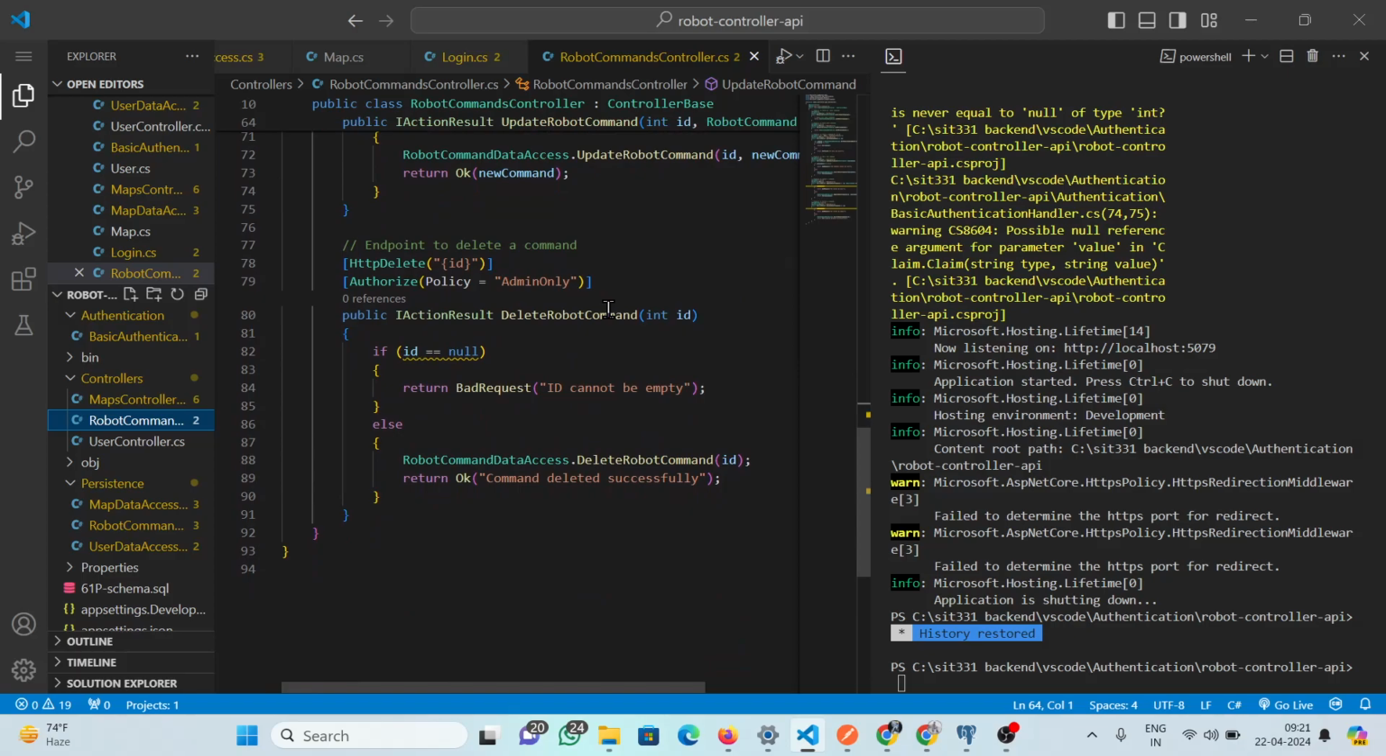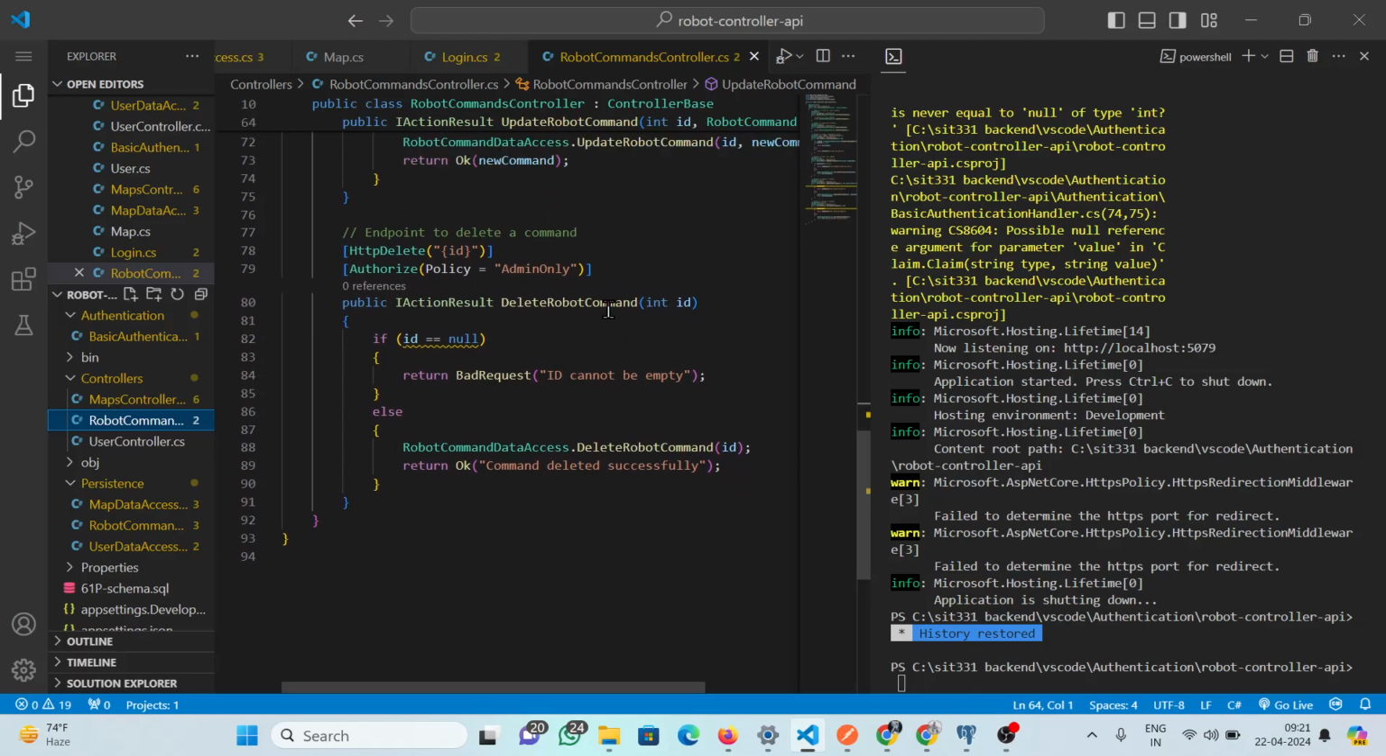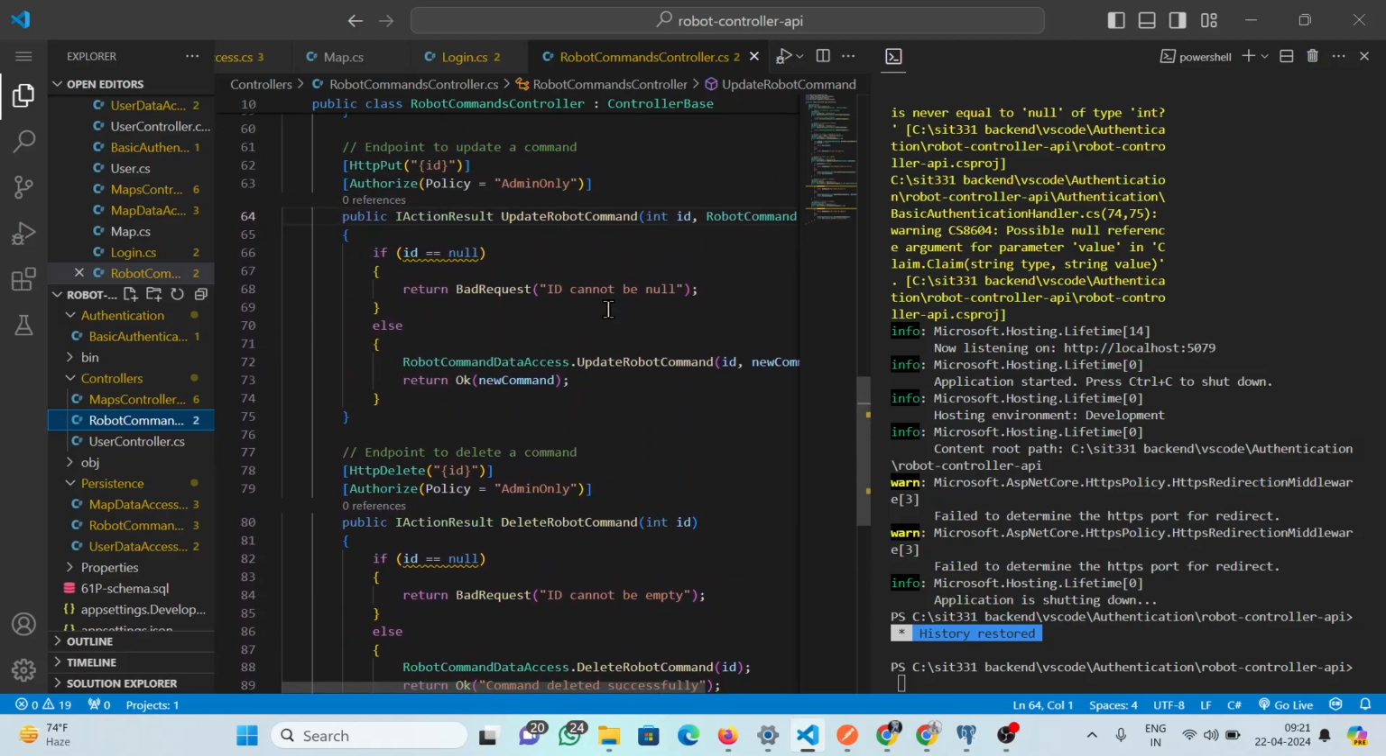Delete robot command, endpoint to delete a command by its ID. It's restricted to administrator with the admin only policy. Authorization. Authorize attribute is applied to specific endpoints to enforce access control policies. For example, admin only policy restricts access to administrators, and user only policy allows access to both administrators and regular